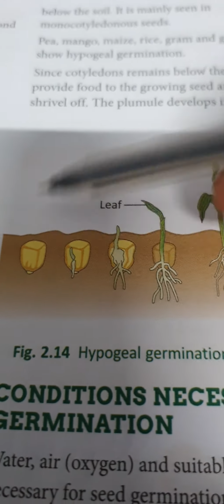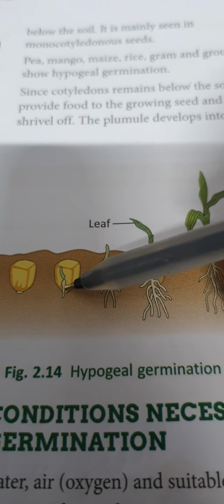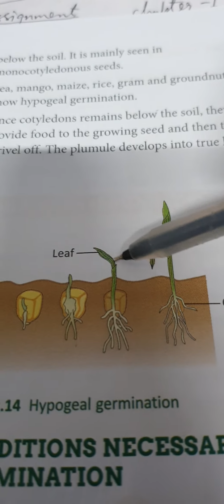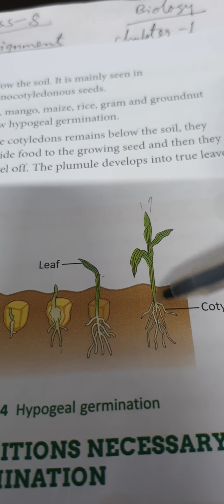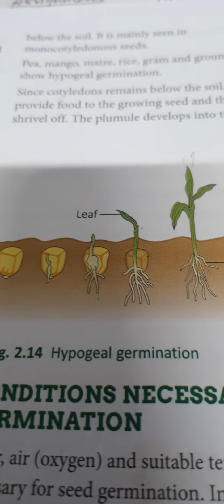So over here in the picture you can see easily, this is the hypogeal germination. You can see there are two things coming out. This is the radicle and this is the plumule. Over here radicle starts growing into root and plumule comes out from the ground. Now a little bit of leaves are coming out, and this epicotyle is elongated and the cotyledons remain below the soil only. Both the cotyledons now disappear in this soil only, and the plant grows out.